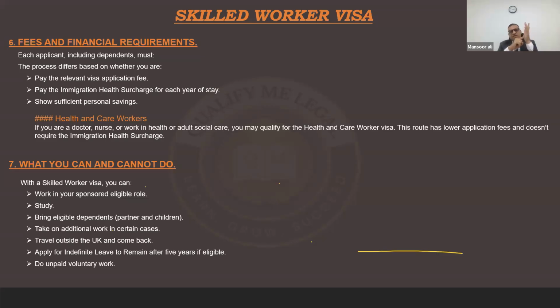If they're not satisfied, you're going to receive an email about a job interview, and what type of questions they normally ask in a job interview. As I told you, you need to satisfy the Home Office that it's a proper job, meeting the threshold and the description of a job. It's a genuine skilled worker visa, and the rules have not been compromised. You need to satisfy the Home Office that you are meeting the whole requirement and guidelines entailed under the category of the skilled worker visa route. So these are the things which you can and can't do.